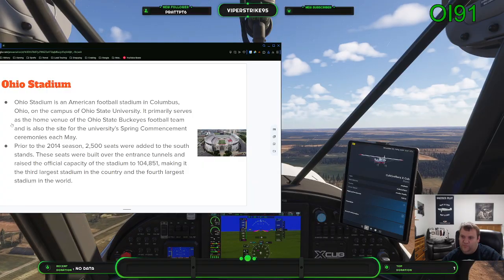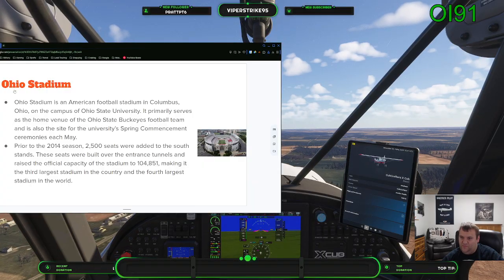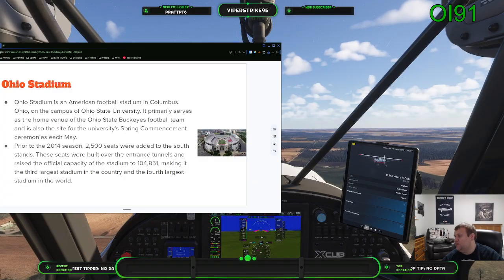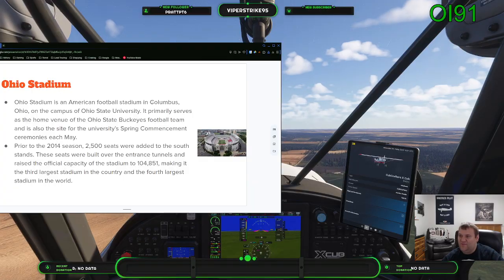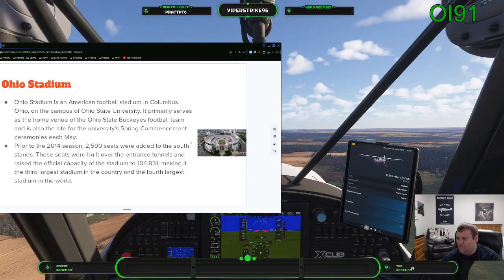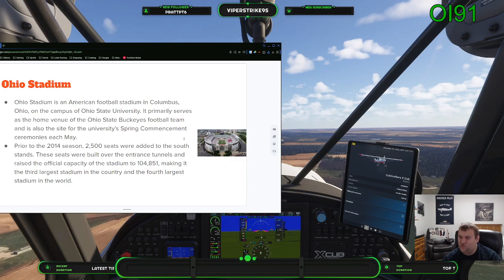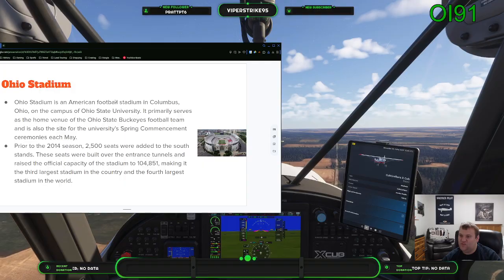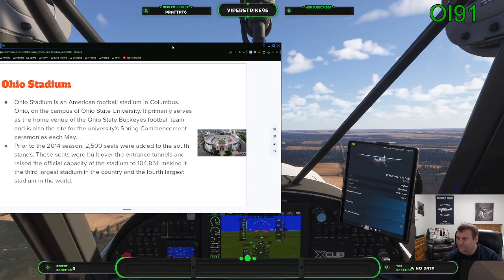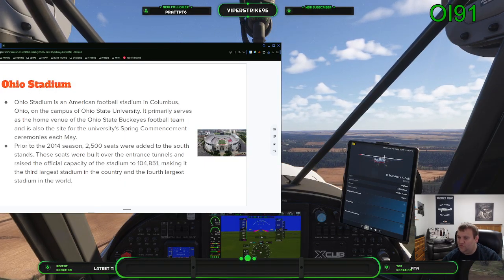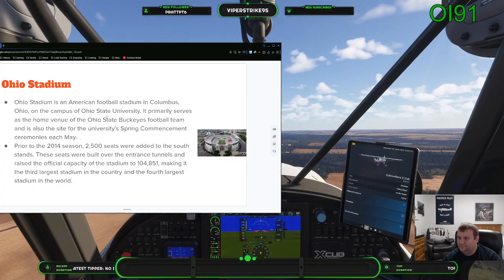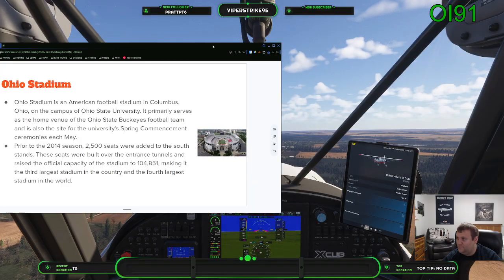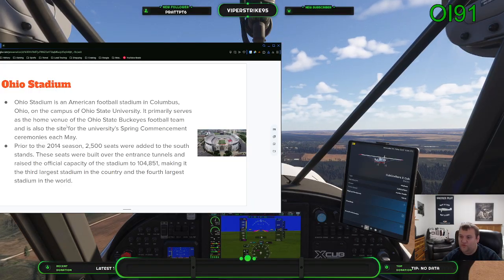One really cool thing about this ground, of course, is that it holds 103,000 people, but the record attendance for a game at Ohio Stadium was on November 26, 2016 against Michigan, where a record crowd of 110,000 people got to watch Ohio State versus Michigan. Extremely impressive. But yeah, really cool stuff.